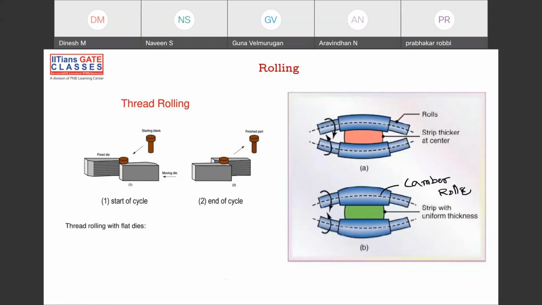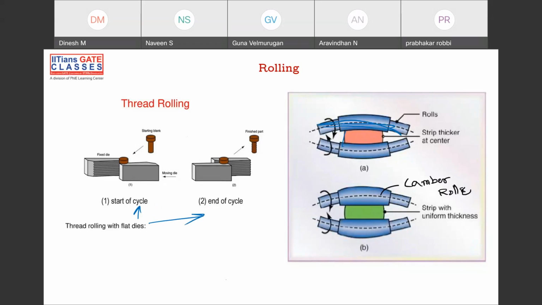Thank you. So that is how we can do the threading operation in rolling also. Okay. So the problem with rollers is that bending of rollers will happen,